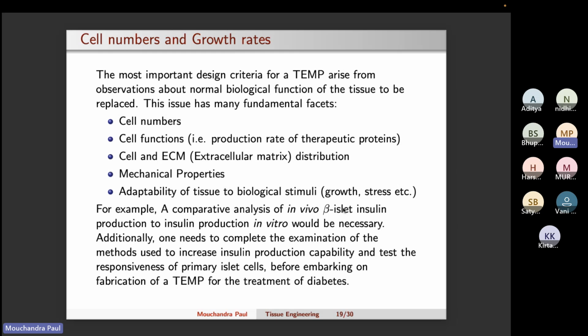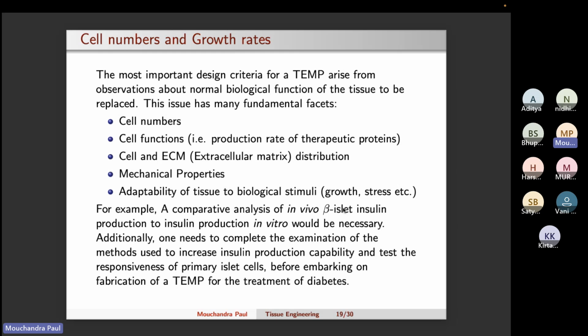People have made artificial heart tissue where the cardiomyocytes respond to electrical impulses and show a beating, pulsating effect. So how they respond to these kinds of stimuli, you have to think about and know